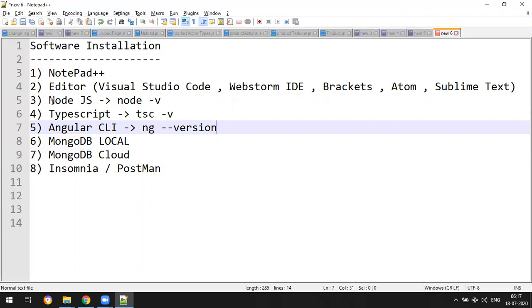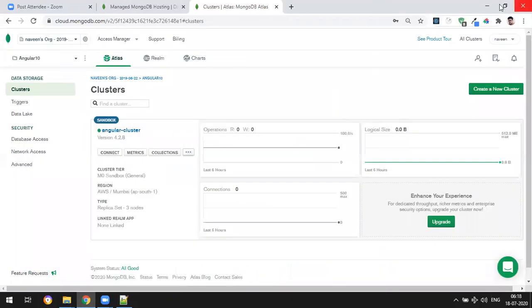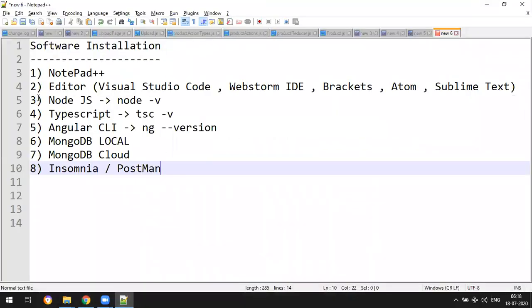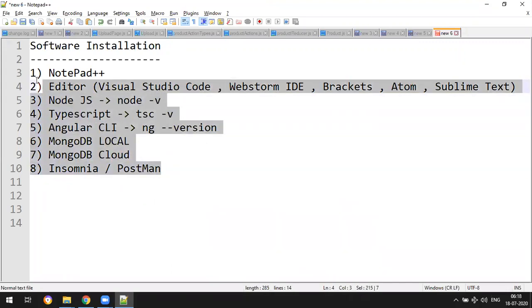So for that reason we are learning Node, Express, and MongoDB, but not full-fledged. Don't expect complete Node, Express, and MongoDB; the main focus here is Angular. In support we are learning them, and in my channel I have created a Node.js tutorial that explains Node, Express, and MongoDB in more depth, but here we will learn what is required.